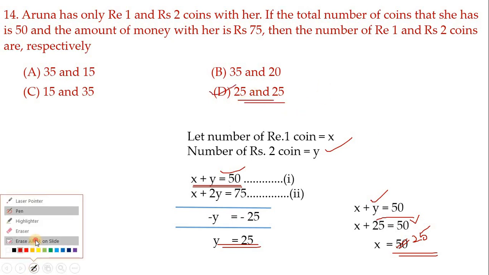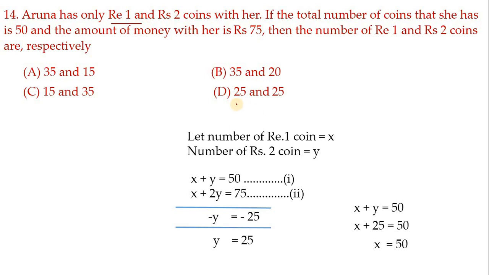But as I said, how to use mind work, you know. See here, rupee 1 there. 25 is related to 1 rupee coin. So if you have 25 coins of 1 rupee, you will get 25 only, isn't it? And 2 rupee coins is related to 25. So 25 coins of 2 rupees means you will have 50 rupees. Now add these two, 25 plus 50 is equal to 75 rupees. So 75 rupees you have. And add these two coins also. So 25 plus 25 is 50 coins. That is also important. If you are checking only for the total number of coins and not checking for the amount, it will go wrong. And if you are checking only for the amount and not checking for the number of coins, again it will go wrong.